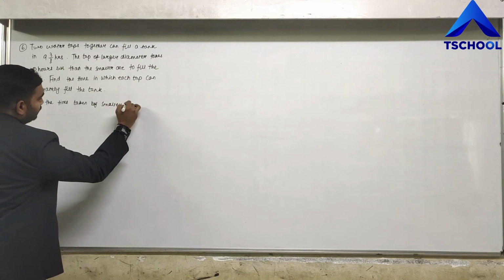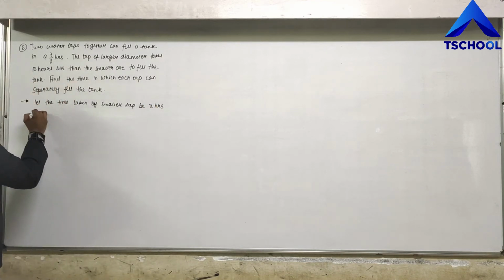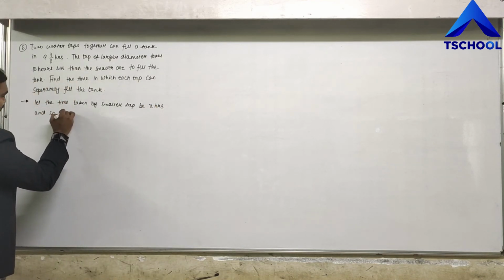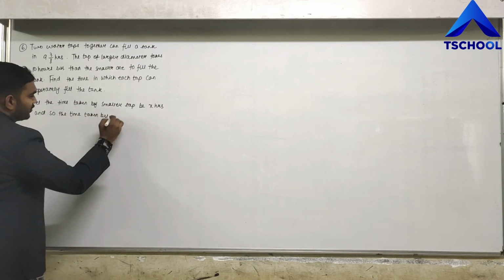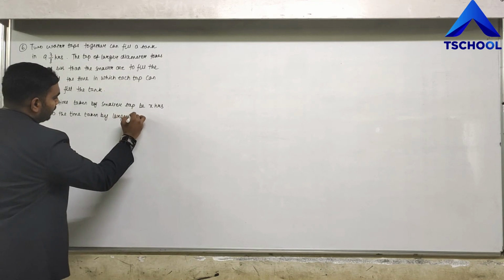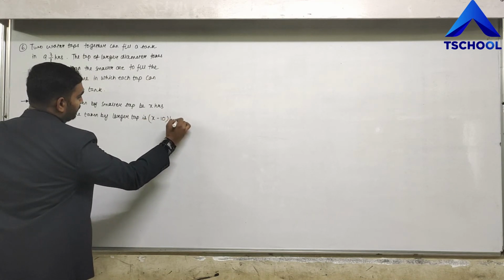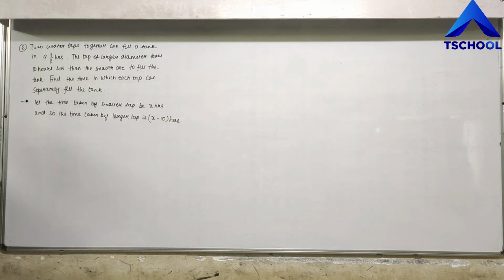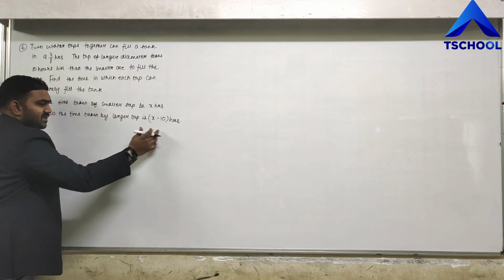smaller tap be x hours, and so the time taken by larger tap is x minus 10 hours, because the tap of larger diameter takes 10 hours less than the smaller one. That means time for the larger tap will be 10 less than the smaller one, that is x minus 10